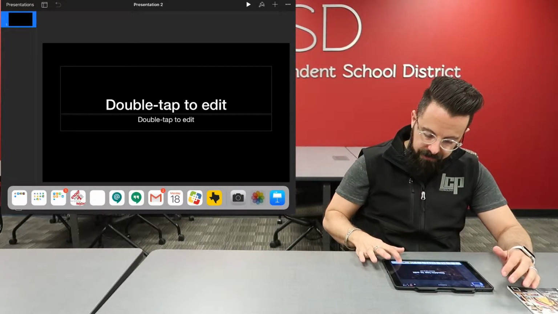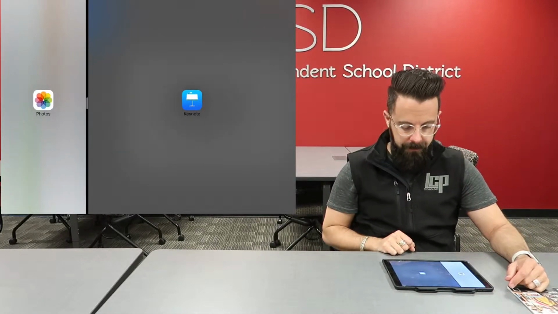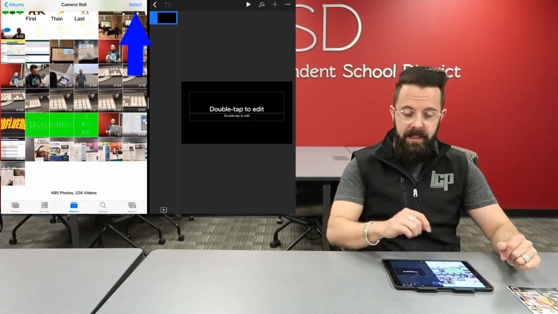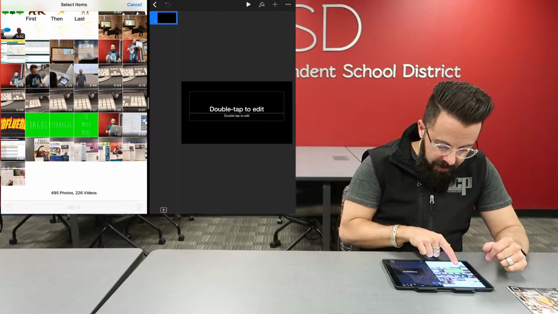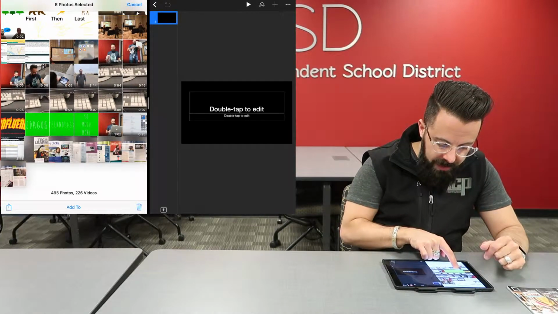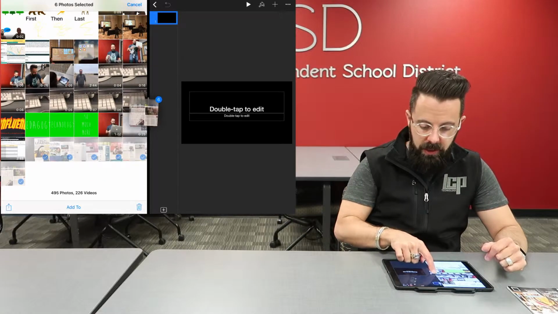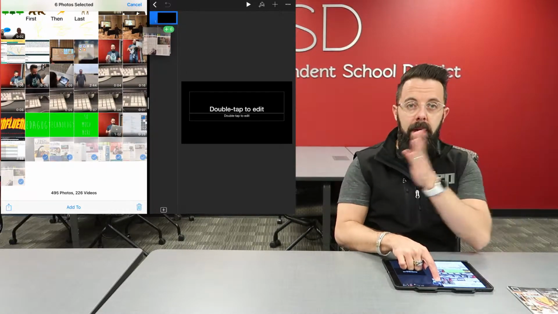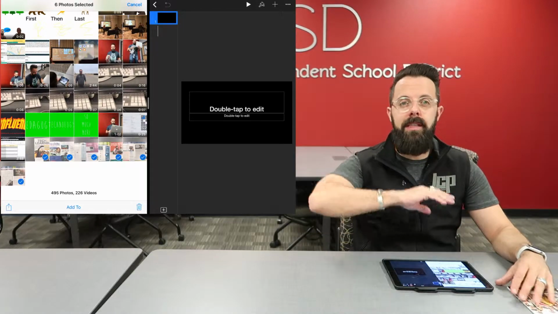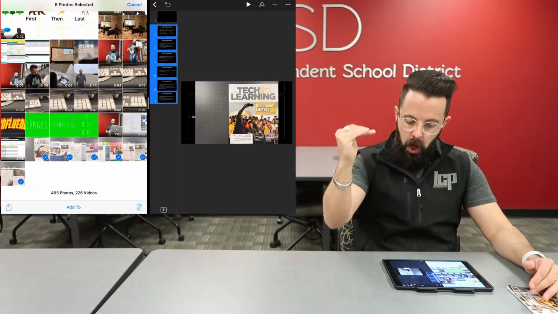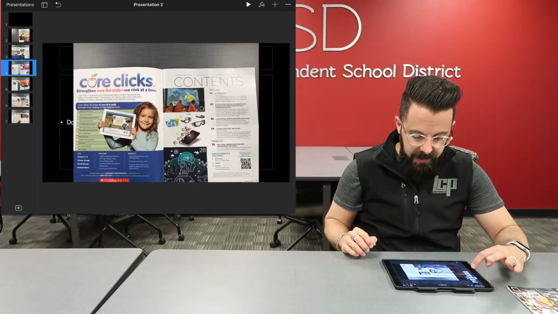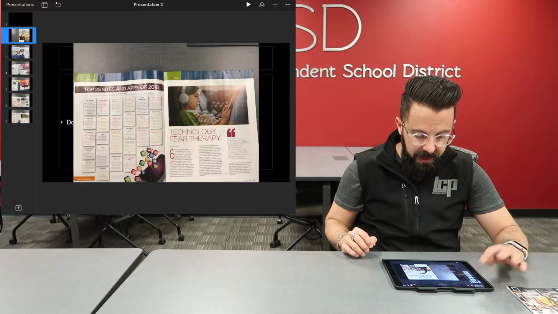If you bring up your photos in your split screen, like this, so now I'm in my photos, I'm going to press on that top part right there, select, and then I'm going to just touch the pages I want, and then I'm going to drag, and notice how it takes all those pictures. I'm going to drag this over to my Keynote underneath the slide that's there, and when I let go, it's going to put each picture in its own slide just like this. So now that I'm done split screening, you can see instantly each of those pictures pulled in